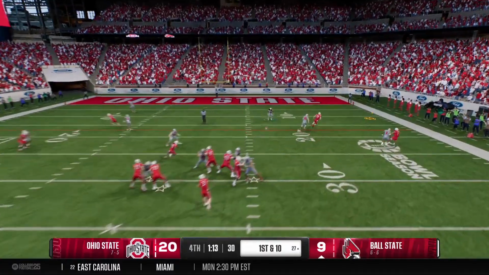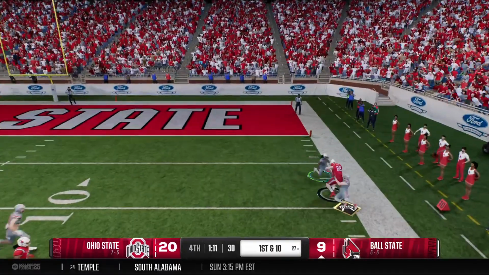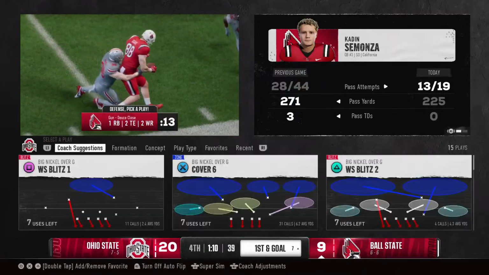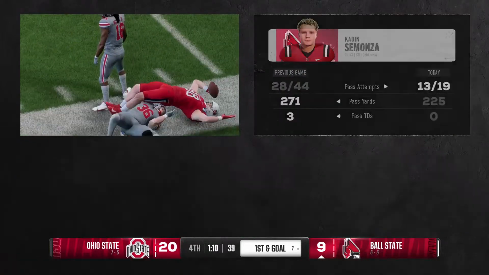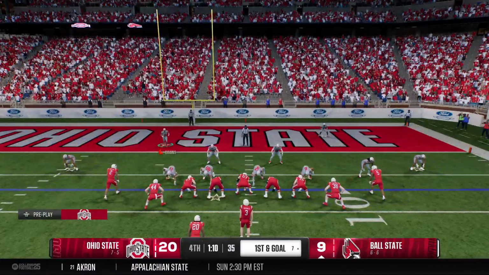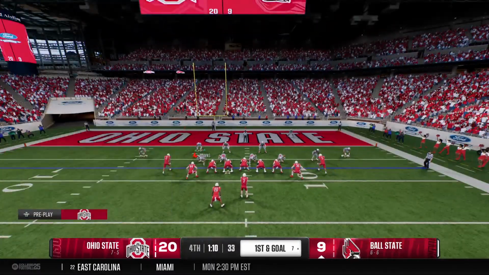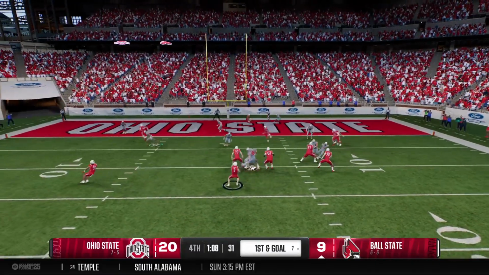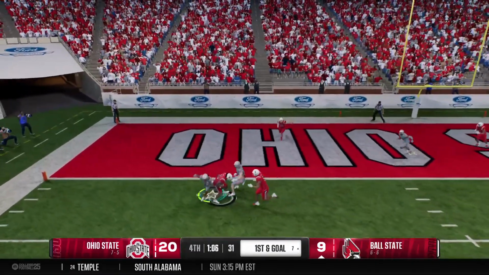They'll throw it on first down. He makes the catch. Gets out of bounds after the big game, but they've got it first and goal. This offense has a ton of work left ahead of them here in this 2-minute situation late in the game, but the drive off to a good start. You get the first down, you get out of bounds, you work in the perimeter of the field. That is exactly what you want to do.